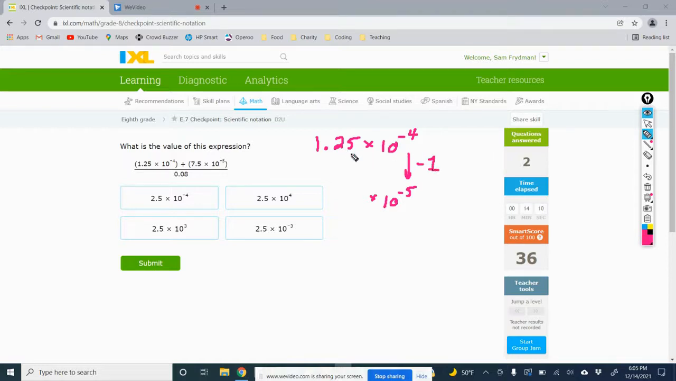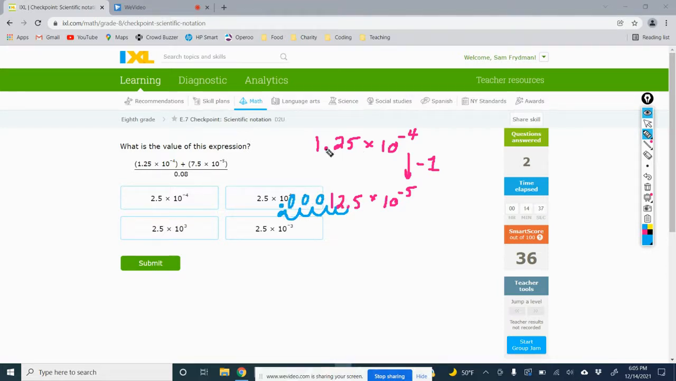So we just decreased it by 1, so we'll move the decimal point 1 space to the right, and now it would be here, and we would have 12.5 times 10 to the -5th. Okay, and you can check if you want that these two numbers are actually the same. If I take this decimal here and I move it 5 spaces to the left, 1, 2, 3, 4, 5, you get